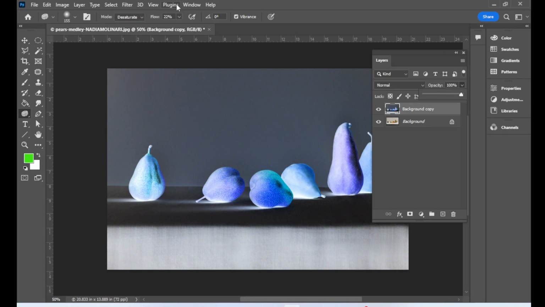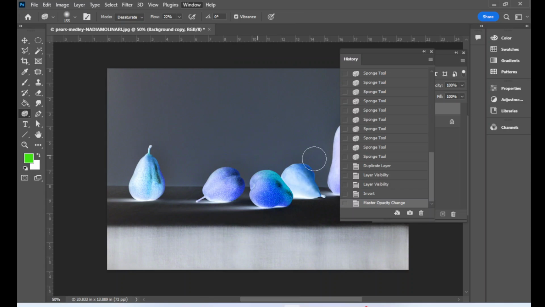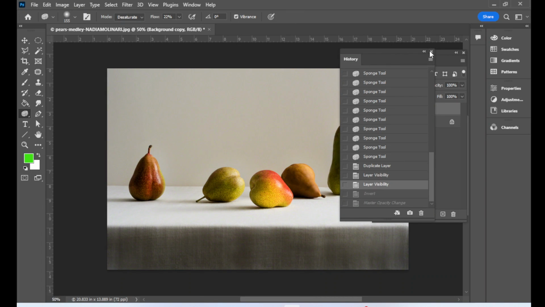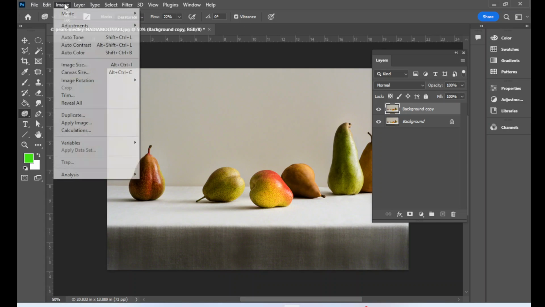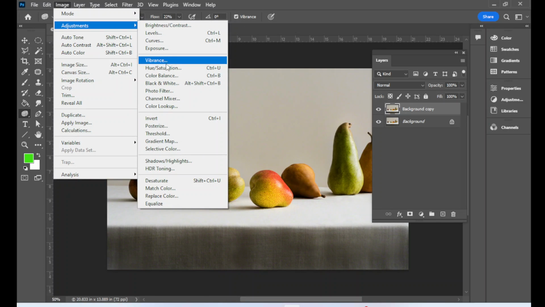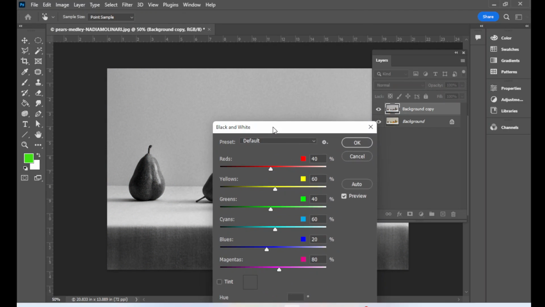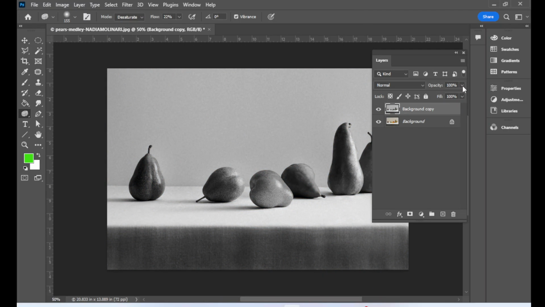All right, I'm going to go back in my histories. I'm going to choose a different one so you see it a little bit better. Although I did like that invert. That was kind of cool. Let's do this. Let's just straight up do black and white. Why not? So this is where I can start to let some of that underneath show through. So it's literally blending these two together. All right. You can also